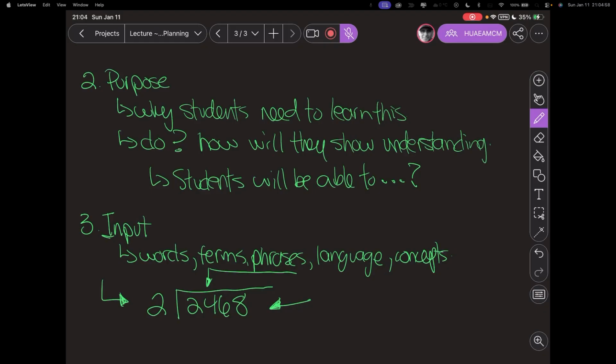First, I'm going to draw one more line to this little L thing that we draw here. Let's go through the names. This first number out here is the divisor. That takes you back to elementary school math. Inside, this number is called the dividend.